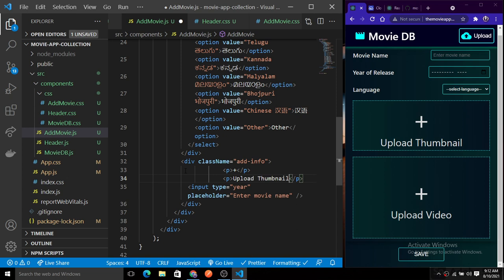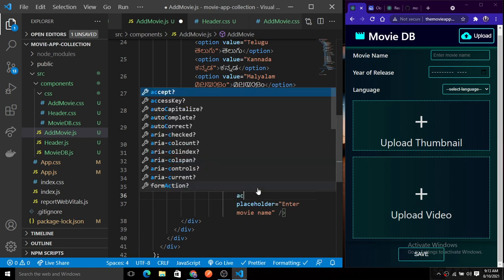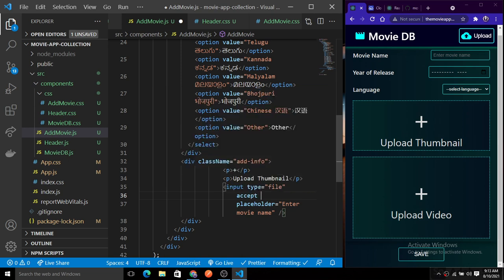Then we have an input field here. So let's add this input field here. Basically the input type will be a file, and the thumbnail file should accept all the pictures, picture extensions. So we just add an accept attribute here, and accept should be, first one, image PNG. So first it accepts the PNG file. Then accept GIF image too. So image GIF like this. Okay, let's remove the comma there.